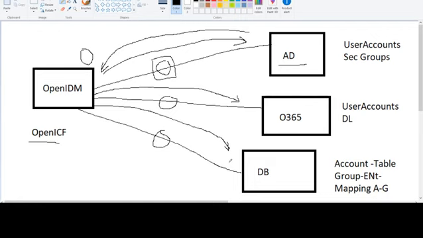Also, OpenIDM is very scalable, and the installation is very easy. Hence, the management of identity along with the scalability of the model can save a lot of cost for the enterprise. So that was just an overview.